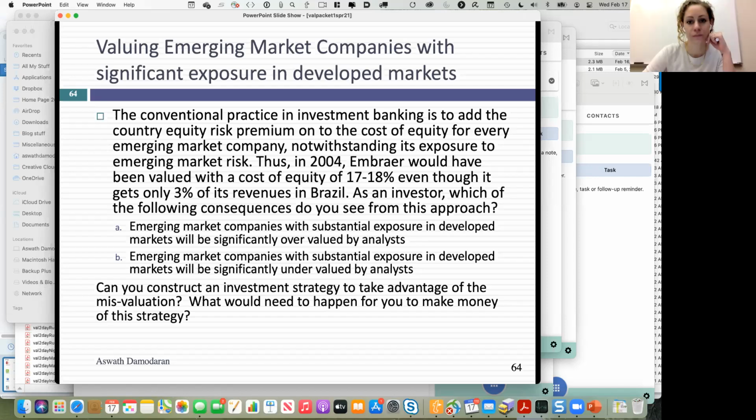Under? Yossi? Yes, for sure undervalued because they're using the higher discount rate. They're going to come up with a lower value, right? Undervalue basically means the value is higher than the price. They're going to push down the value because they're using too high a discount rate. They're actually going to put sell recommendations to these companies, right? So, because the discount rate is too high. But you believe they're wrong.